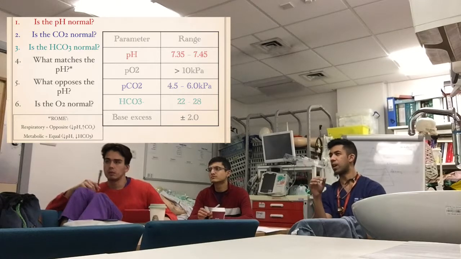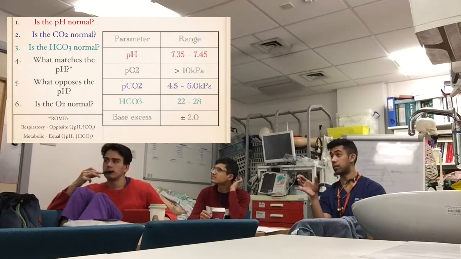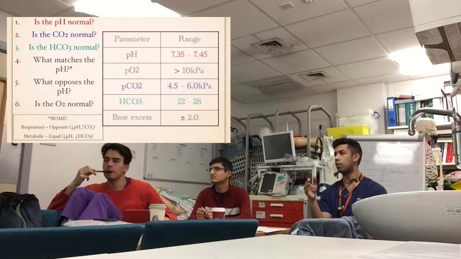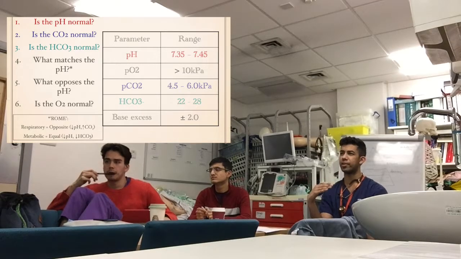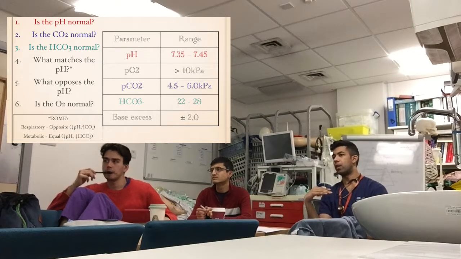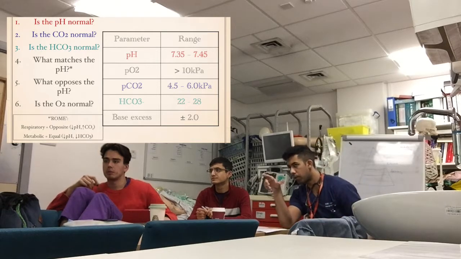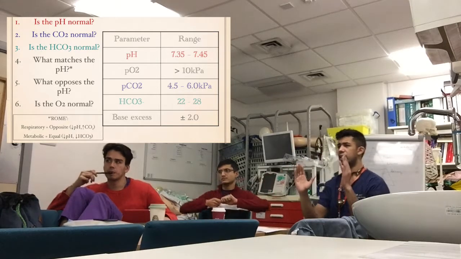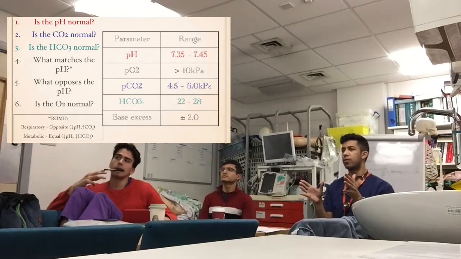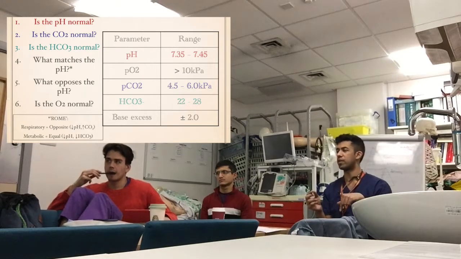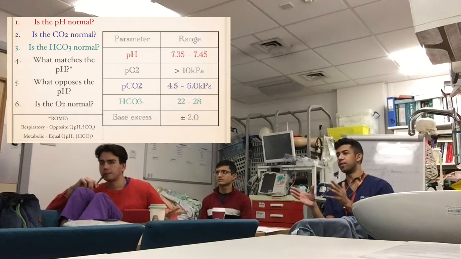So if you have an acidotic pH, i.e. a pH less than 7.35, what's correlating with that? Have you got a high carbon dioxide, which is respiratory acidosis, or a low bicarb, which tells you it's a metabolic acidosis? Does that make sense? Once you've noticed what matches it, you look at what opposes it: what opposes the pH and what matches the pH. If you look at the bottom left, I've got a mnemonic there, ROME. Imagine looking purely at numbers: if you've got a pH that's down, like 7.2, it's a lower number than 7.35, isn't it? Basic maths.